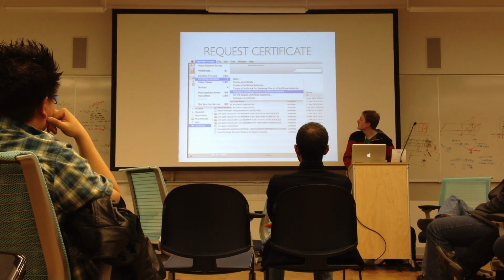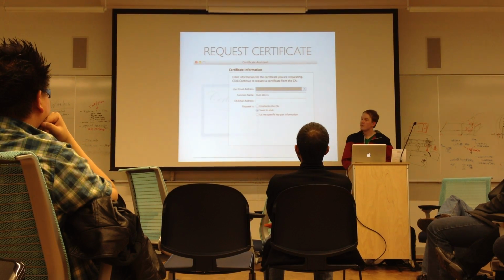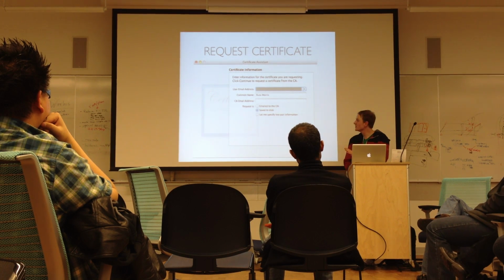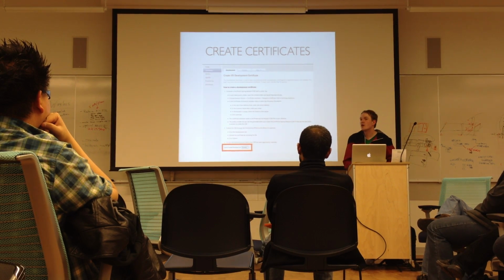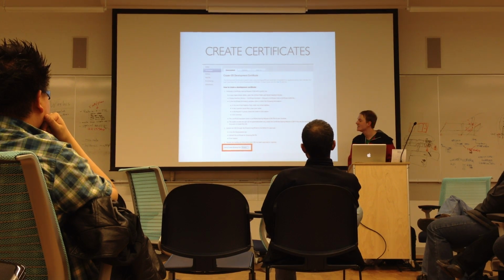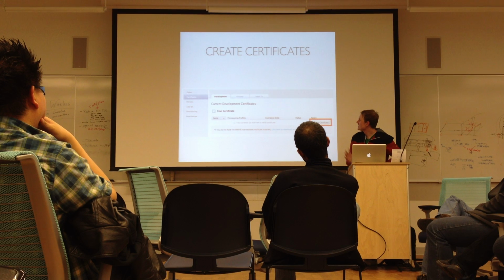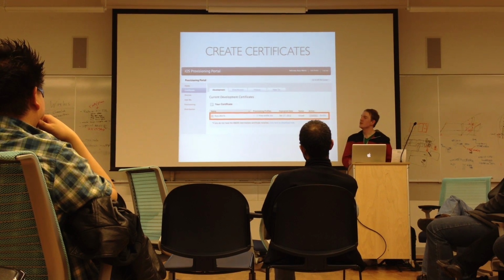You go through this whole process. Once you've done this, it creates a file on your desktop, and from this point, you go from your desktop to the provisioning portal, and you select across the certificate. So in here you can see the certificates on the left-hand side, and then under development, you request a new certificate, and you upload that request which you created on your machine. I'm going to be putting these slides on so you can get hold of these as well. I'm not expecting everyone just to remember this and go, brilliant, I know what to do. So yeah, you create a certificate, and it's done there, and then you use that certificate to make